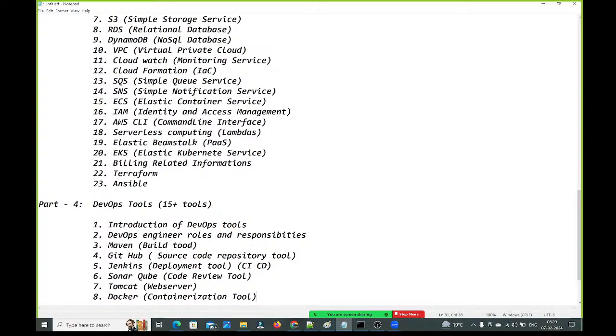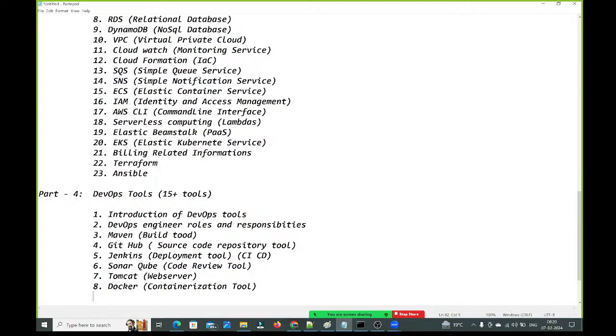So after completing this Docker, we are going to discuss Docker Swarm. Docker Swarm we are going to discuss, guys. What is this Docker Swarm? Docker Swarm is one of the orchestration tools. But in real time, we won't use Docker Swarm. Why won't we use Docker Swarm? In Docker Swarm, we have some limitations.